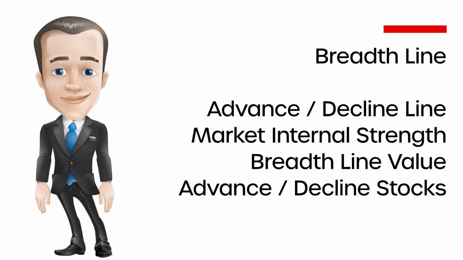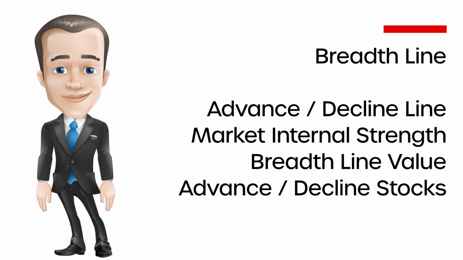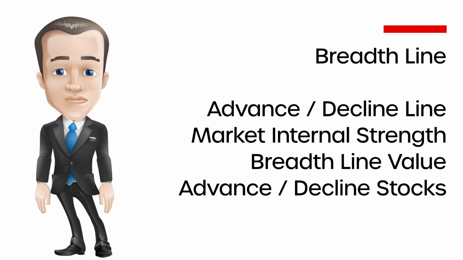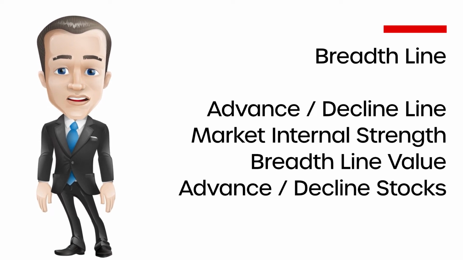Breadth line. Breadth line is also known as the advance decline line, one of the best ways of measuring market internal strength. The line is a cumulative sum of advances minus declines. The formula for the same is shown below. Breadth line value equals number of advancing stocks minus number of declining stocks plus breadth line value of the previous day. When the number of advanced stocks exceeds the number of declined stocks, then the breadth line will rise